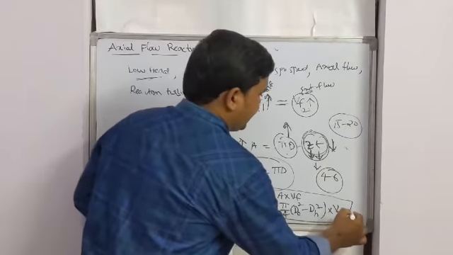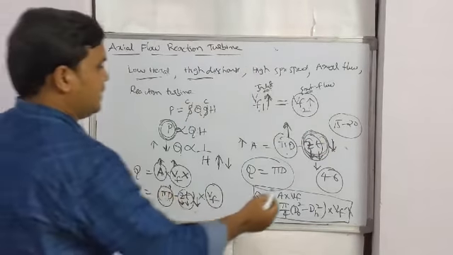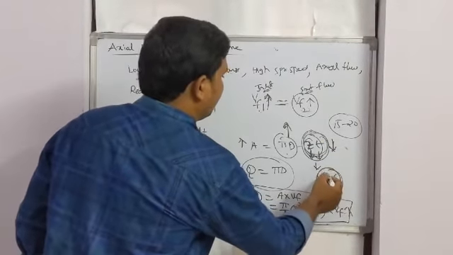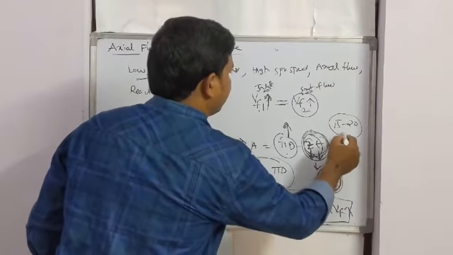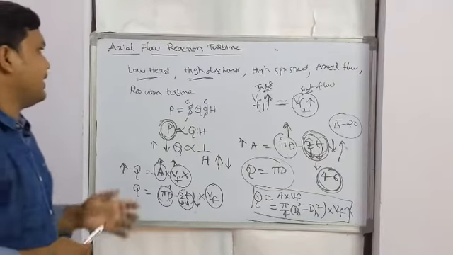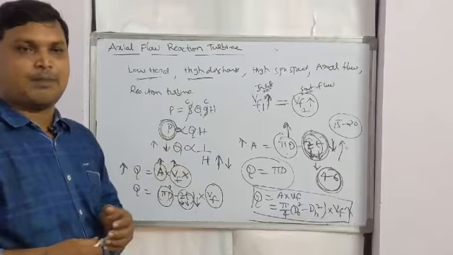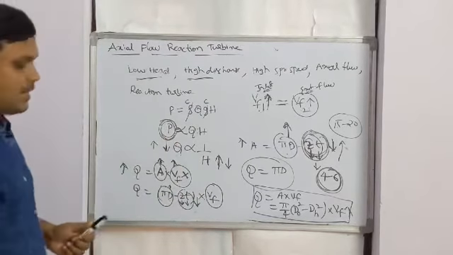We cannot increase Vf, that's why we decrease the number of blades. That's why the number of blades is limited to 4 to 6 in a Kaplan turbine, as against 15 to 20 in the Francis turbine. So I have completed the different parts of the Kaplan turbine, its working principle and design proportions.